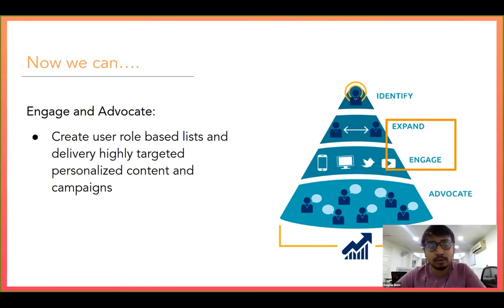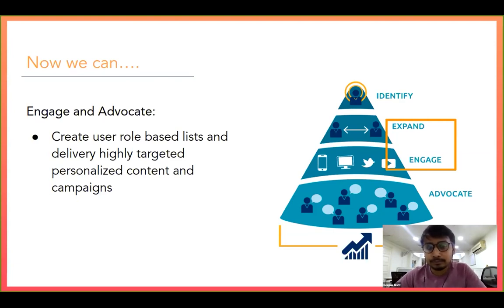So you will be able to personalize your content and your campaigns based on user roles. And if you add the layer of company lists on top of it, then you can basically show different content to each person in the company based on their role. That is the absolute true one-to-one ABM that you can execute using these new features, using just a new property which they have launched.